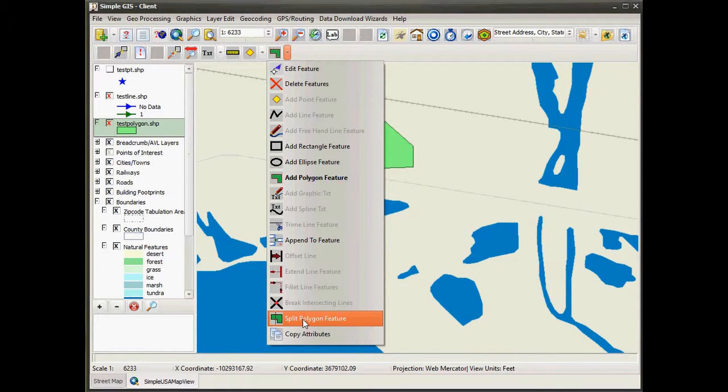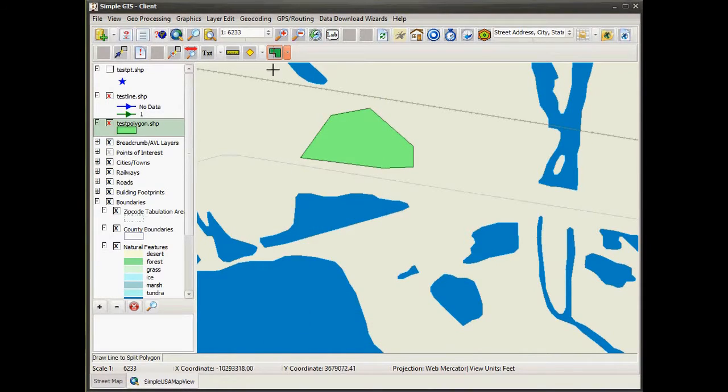It's called split polygon feature. And notice if you select this tool, there are hints given in the lower left corner of your map in the status bar. In this case, I see I have a hint that says draw line to split polygon. So this particular tool is just wanting me to draw a